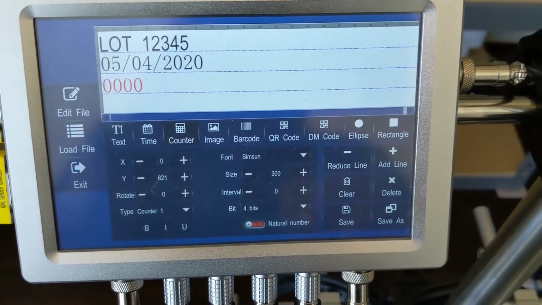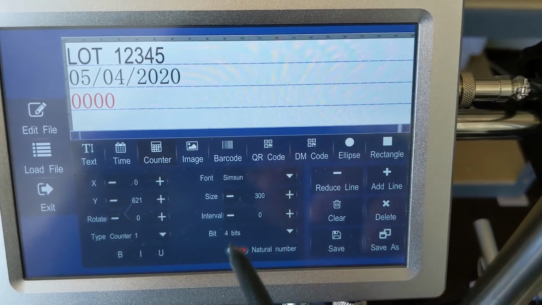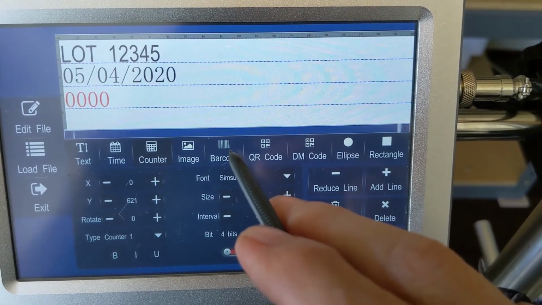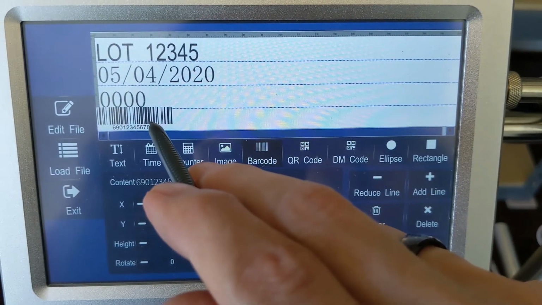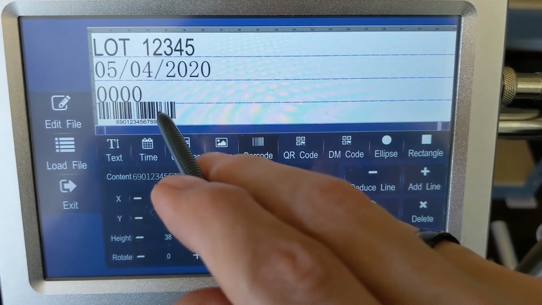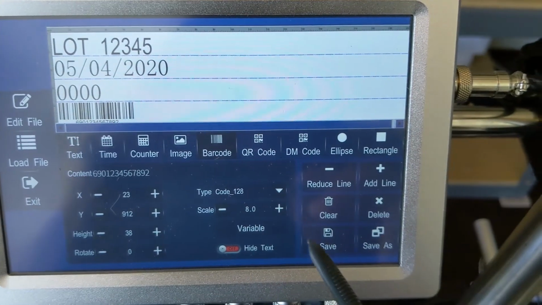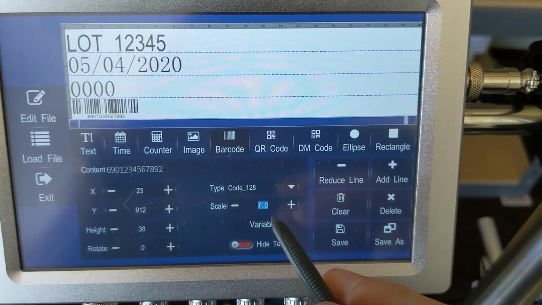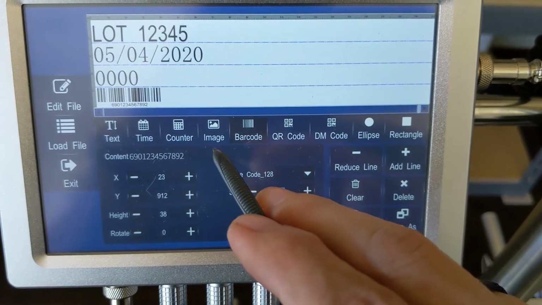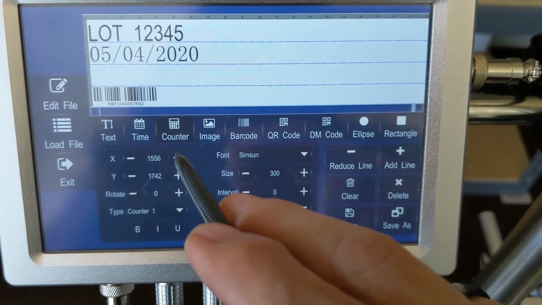And last but not least, we're going to put a barcode down here at the bottom. All right, I'm going to shrink up the scale just a tad. There we go. And if you want to edit the barcode, just touch inside the